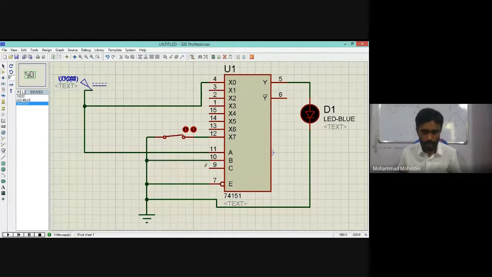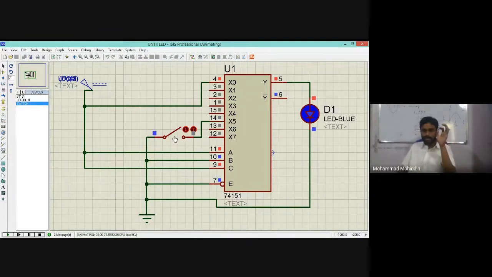1, 0, and I will take 1. 1, 0, 1 means 5, right? So 7th doesn't matter, you see. You run. So 7th, it doesn't matter with 7. It's not changing. Now when will it change? It will change with the 5th pin. So this is the 5th one, right? So you take it now. Now you can understand, you see. Run. So the 5th one is open, LED on. On, off. Understanding?